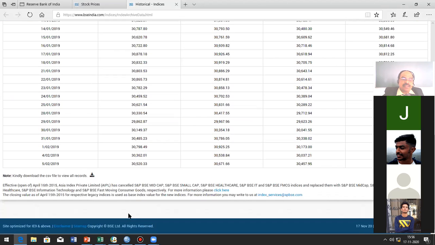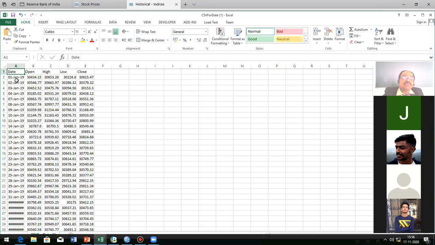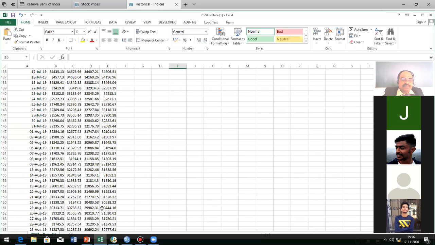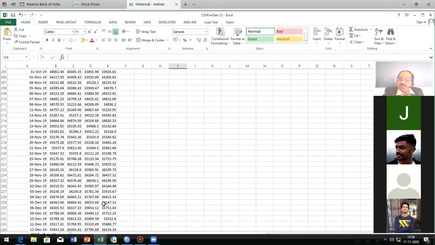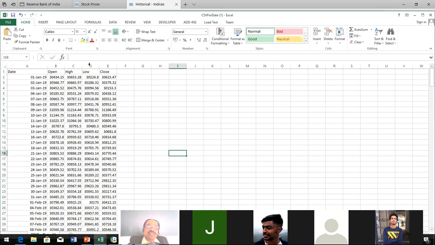Now the data has arrived. You can see that one. I am opening it in CSV format. Here the data is available clearly from January 1, 2019 to the 31st December. Now Bank X you can get. What I wish to compare with State Bank of India, I need only the closing price. Usually we consider only the closing price. So I am removing all those other things.